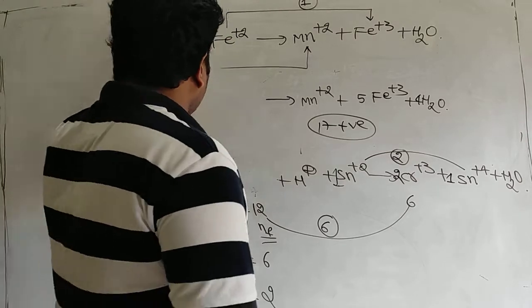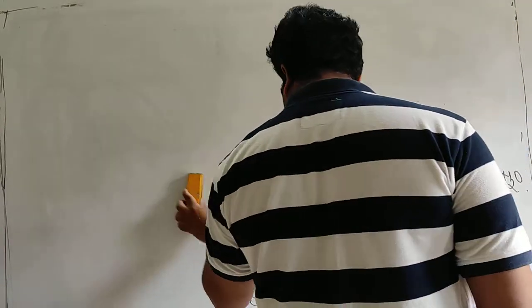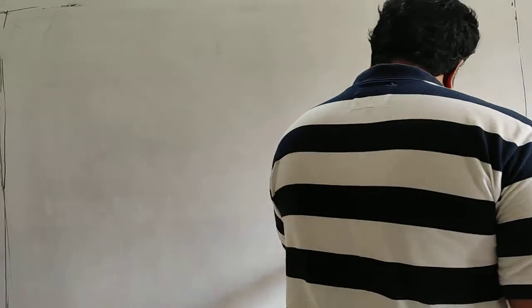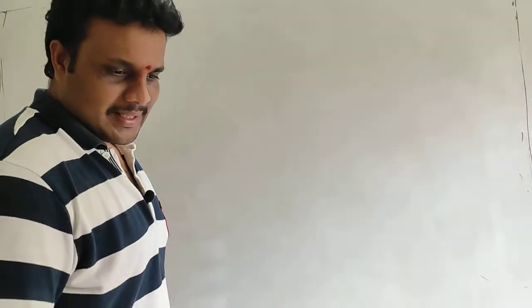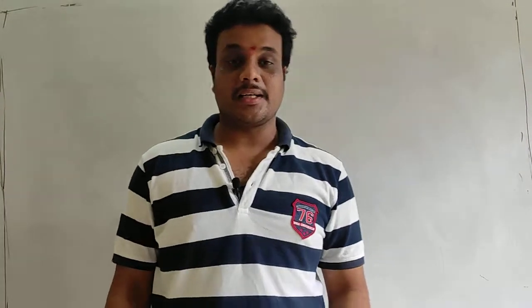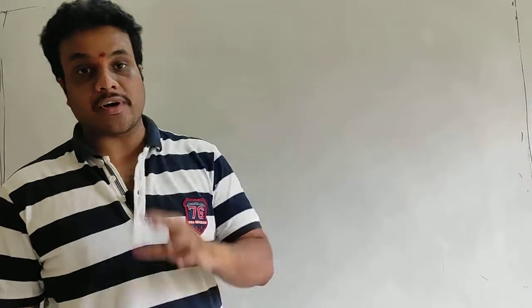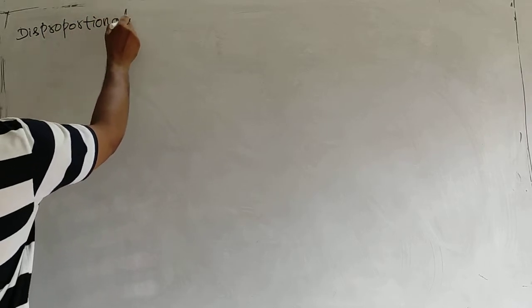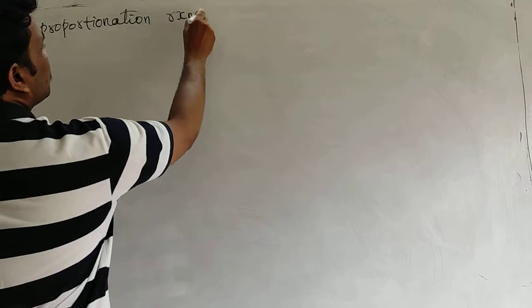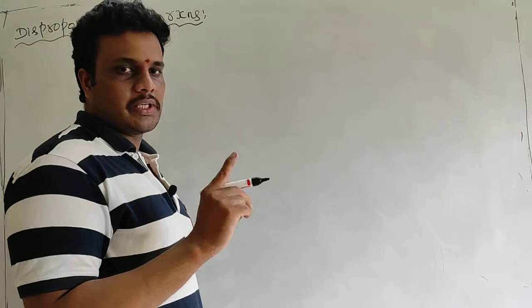And now we are going to talk about a type of redox reaction, that is the disproportionation reaction. How do we calculate the n factor of the oxidizing agent and reducing agent in disproportionation reactions? And one more question is there, that is the calculation of the overall n factor of a disproportionation reaction. Disproportionation reactions are those reactions in which a single substance undergoes both oxidation and reduction.